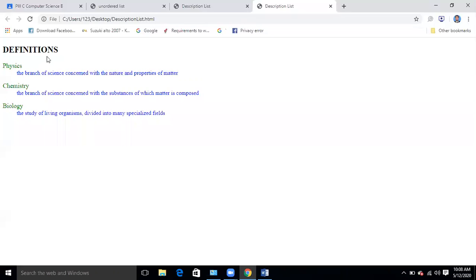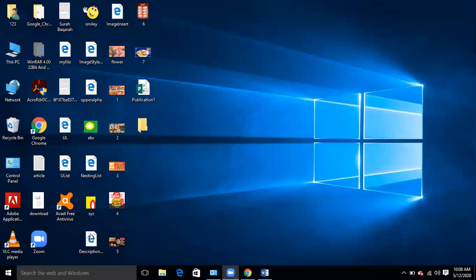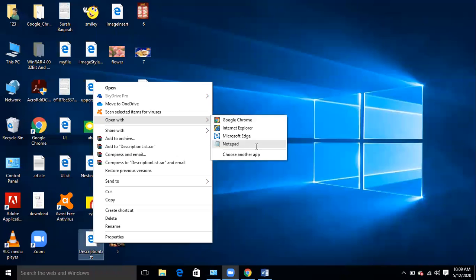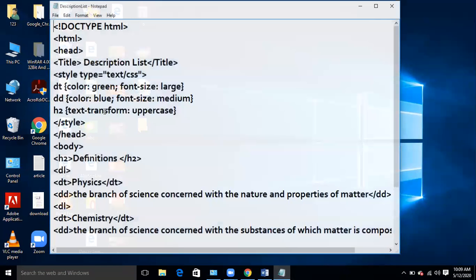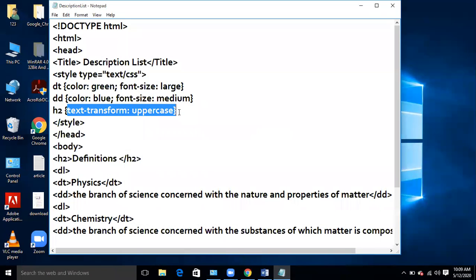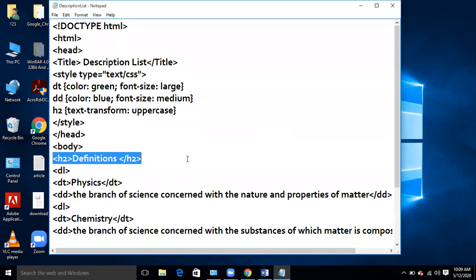You can see that this definition was mentioned in small letters, but since it is mentioned in the H2 tag, and H2 is saying transform it into uppercase, that's why this heading is being converted into uppercase.